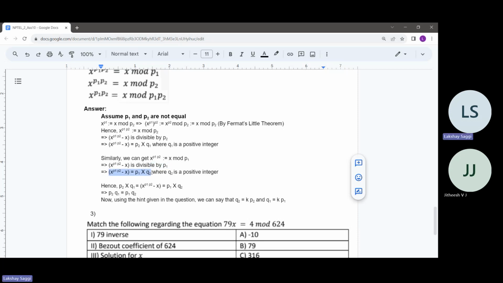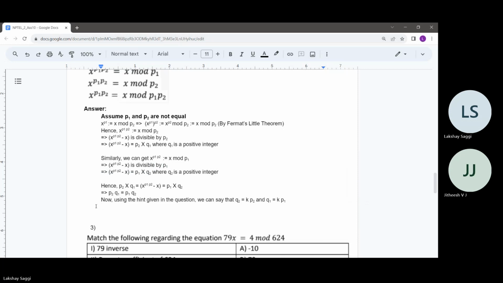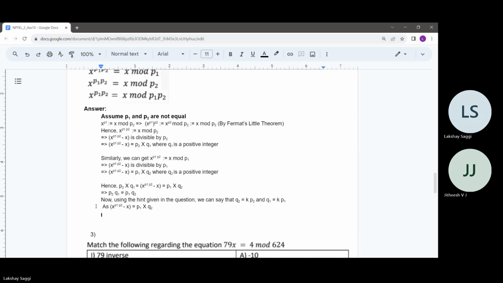So let me put it this way: P times Q2. Now we can put the value of Q2 as K times P2, and what we'll get is